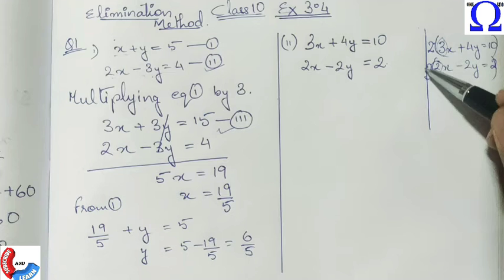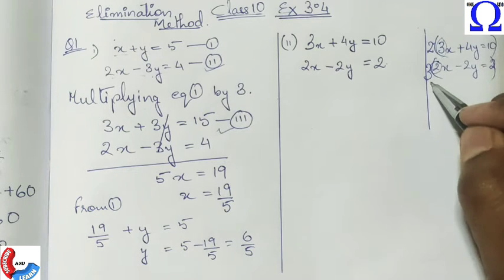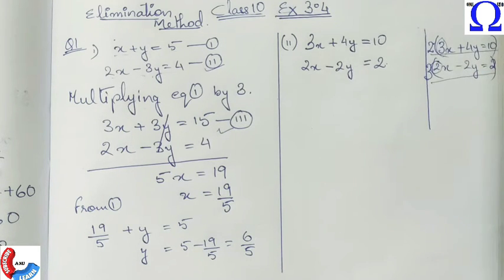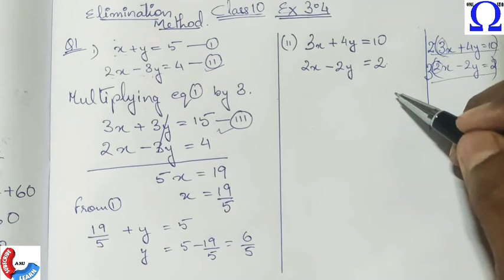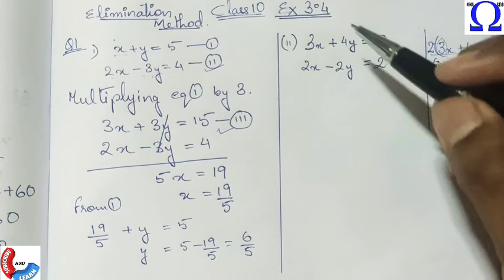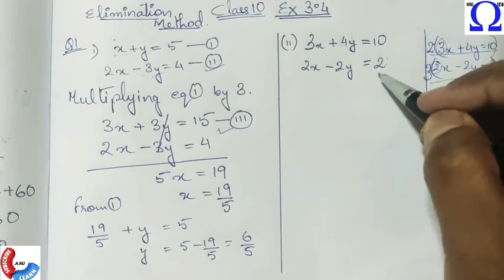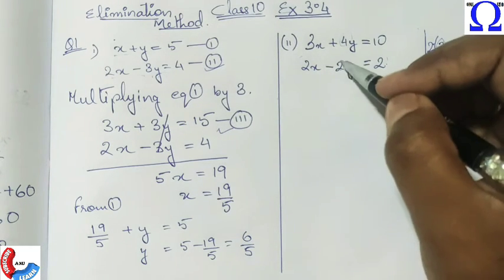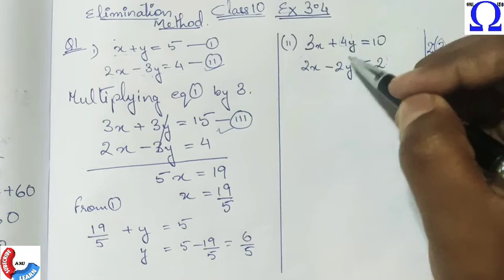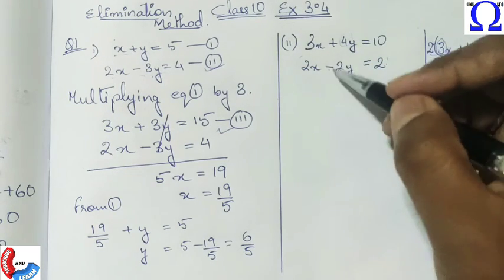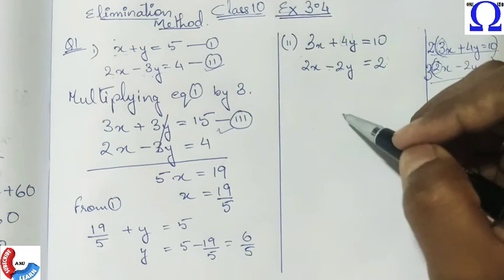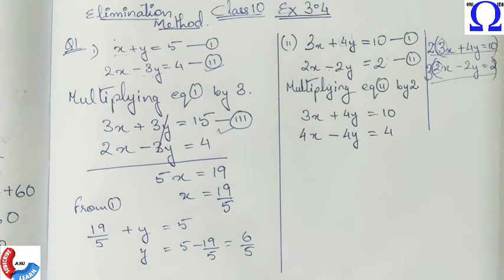But when this is done, of course this will become a complex calculation. Of course an easier method is available, so I'll be showing you that. It is not a method actually, it is a common trick: 4 is divisible by 2. So we can directly multiply this equation with 2 to make it 4. Yes, and this plus 4y and minus 4y will be cancelled out, and therefore we will get an equation with one variable, that is x. Okay, this is what we got from multiplying equation 2 by 2.